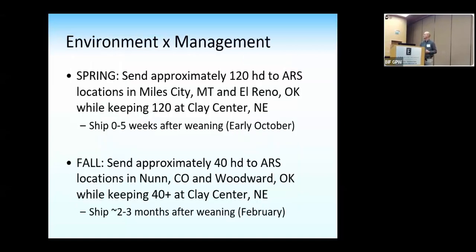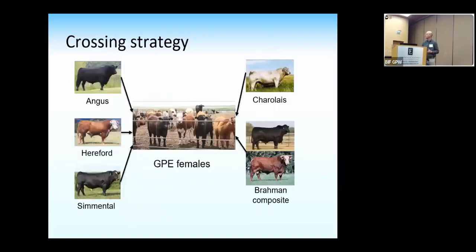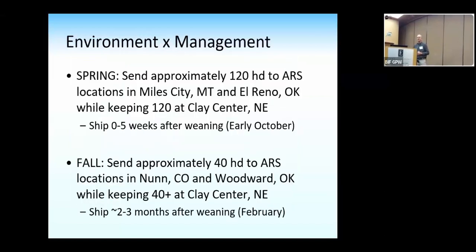And essentially, we took progeny out of that and made sure that we tried to represent sires in each location. We tried to balance that as well as we could. And of course, if we balanced the sires, we tried to make sure the number of representatives in each breed each year was the same in each location as well. And it was done in 2 different phases. There was a spring group.